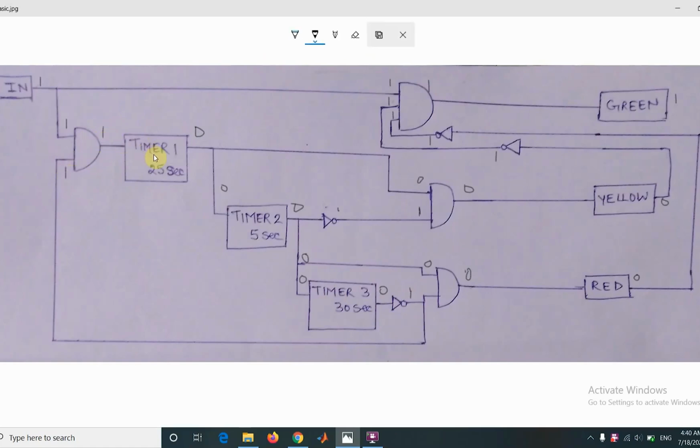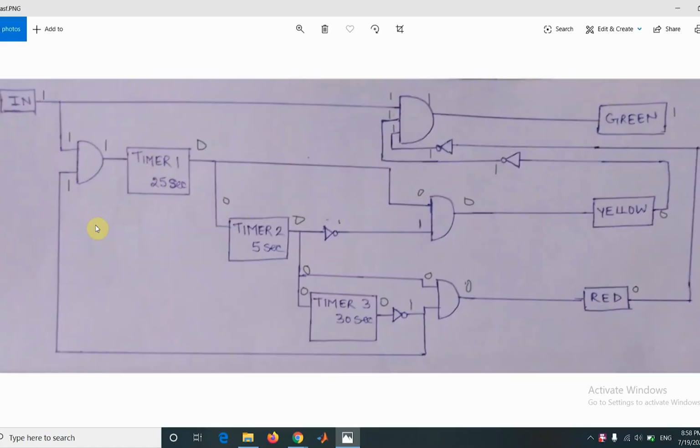and now timer 1 would once again start timing, and the whole cycle would be repeated, and this whole process will continue to repeat itself. So this connection here is very important in order to reset the system and continue the cycle. If this connection is not here, then the cycle would stop repeating. It would run only once, and after that only the green light would continue to glow and the cycle would not be repeated.